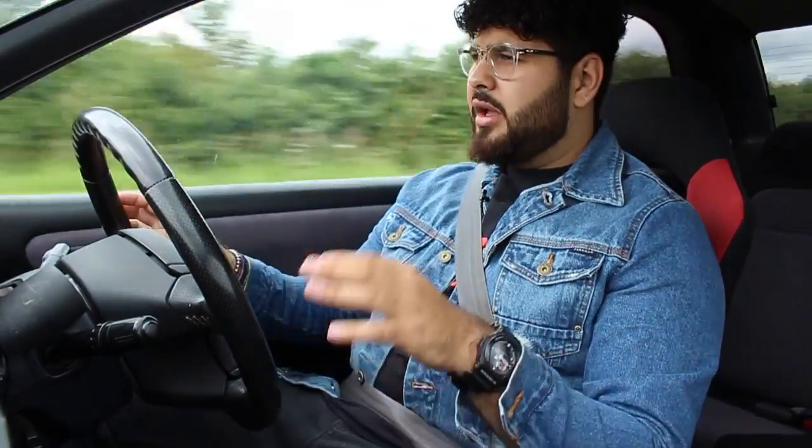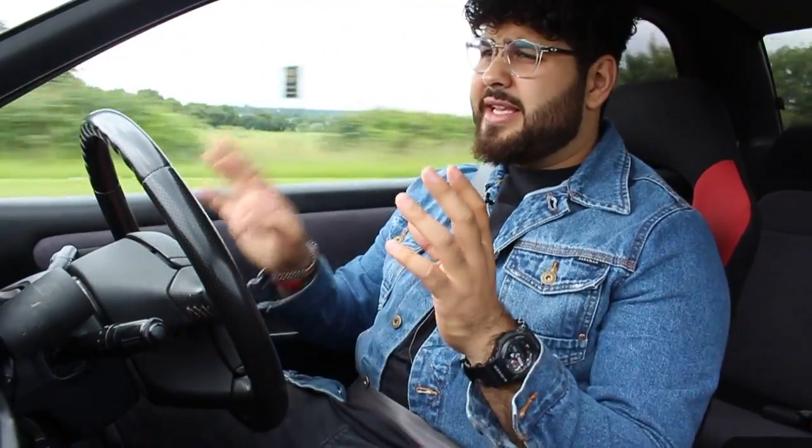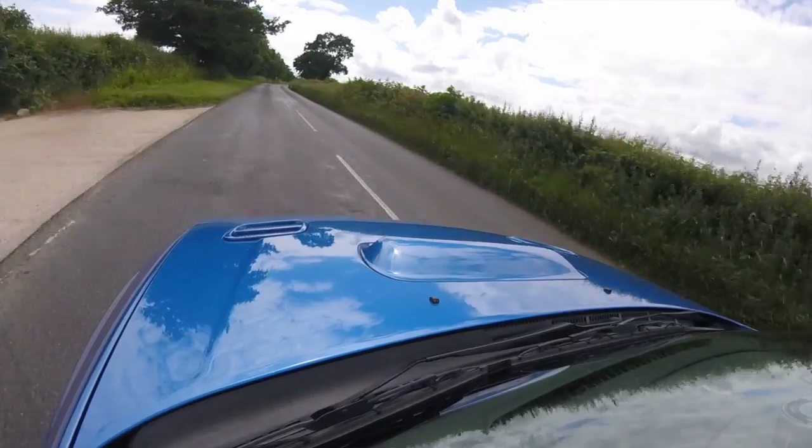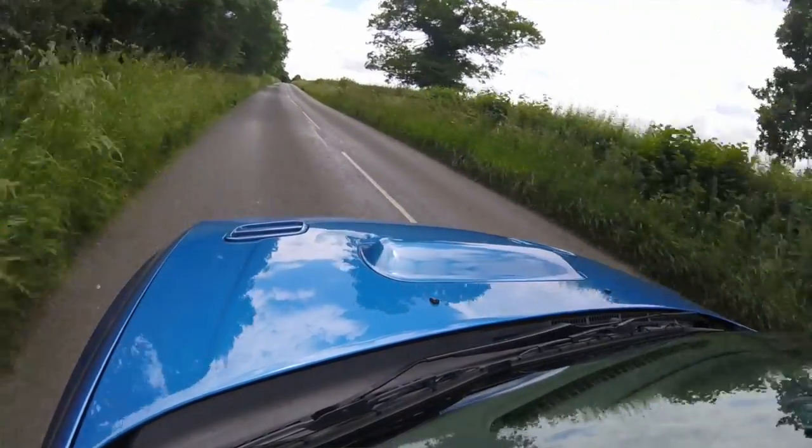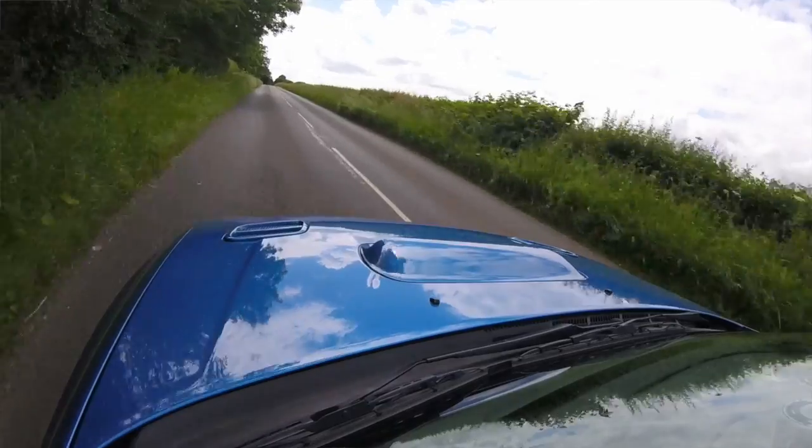So if you've got a big bum, I think you'll be more comfortable in these than in the Recaros. Another thing that I love about driving this car is seeing that big bonnet scoop, just peering over that bonnet. And I know that when someone's looking in their rear view, they're looking at that bonnet scoop and thinking, yeah, that guy's got a Scooby. Because it's got the STI exhaust on it,